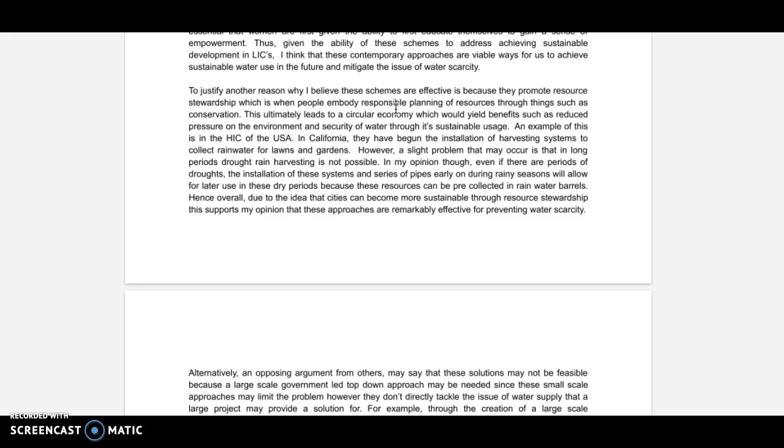This leads to a circular economy, which would yield benefits, and then I'm giving examples of this. So where has it been used? Okay, the only thing about this essay, this essay I wrote, I think, in